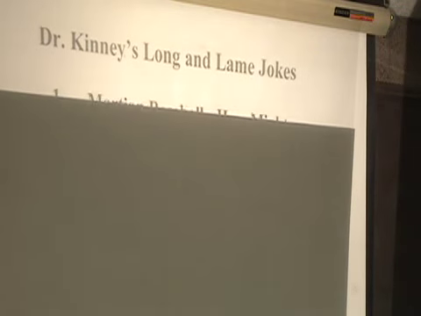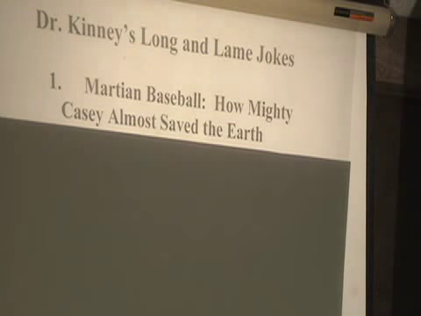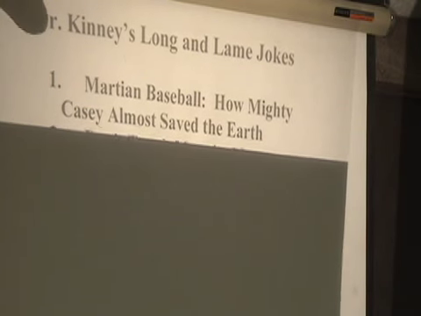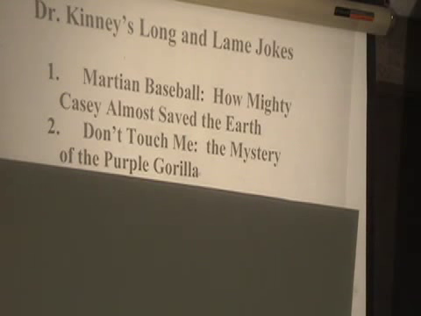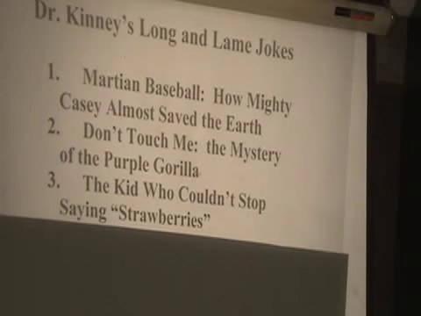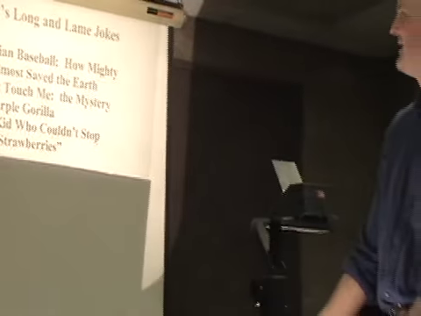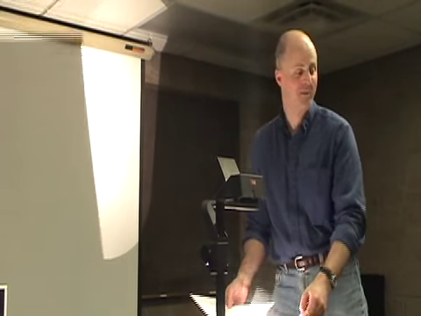Anyway, the one for today, later on, is called Martian Baseball, How Mighty Casey Almost Saved the Earth. And for the videos that come after this point, you've got a couple more jokes. One's called Don't Touch Me, The Mystery of the Purple Gorilla. And the third one's called The Kid Who Couldn't Stop Saying Strawberries. So that's what you have to look forward to. We'll see how we do here, and we'll get to hopefully the first one at the end of this video. I'll make it a priority,